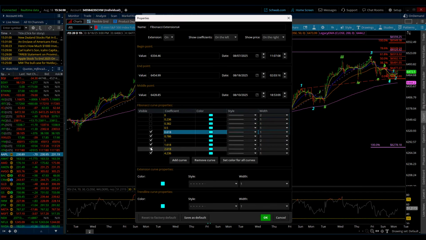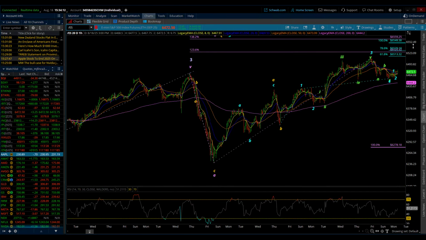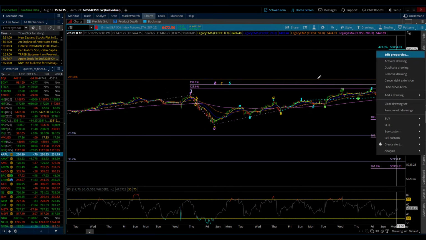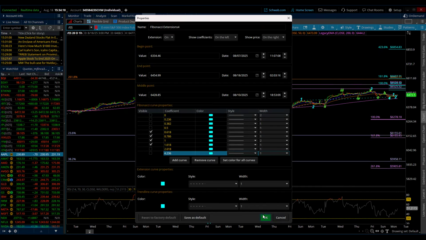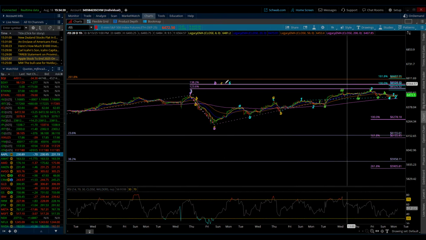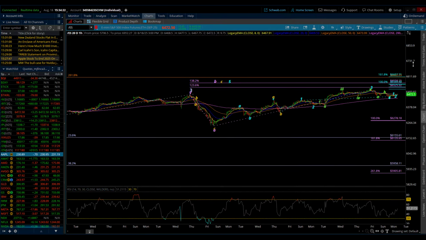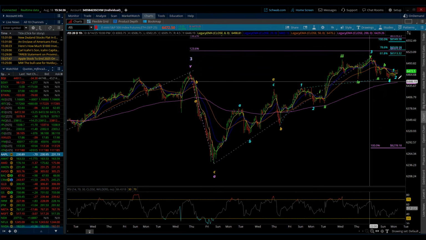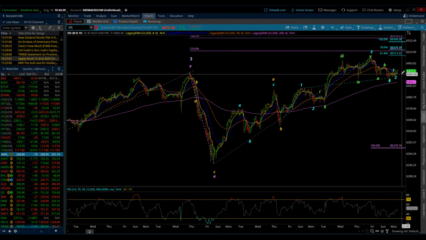And 1.618 is way too high, but I'll leave it there. Oops, I got too much. This one I don't need. This one ain't going to happen. But we have 1.618 up much higher at 6,600, and I don't necessarily see that happening right now, unless this all takes another week, because we have NVIDIA's earnings on the 27th of August. I don't think so, but we'll see.